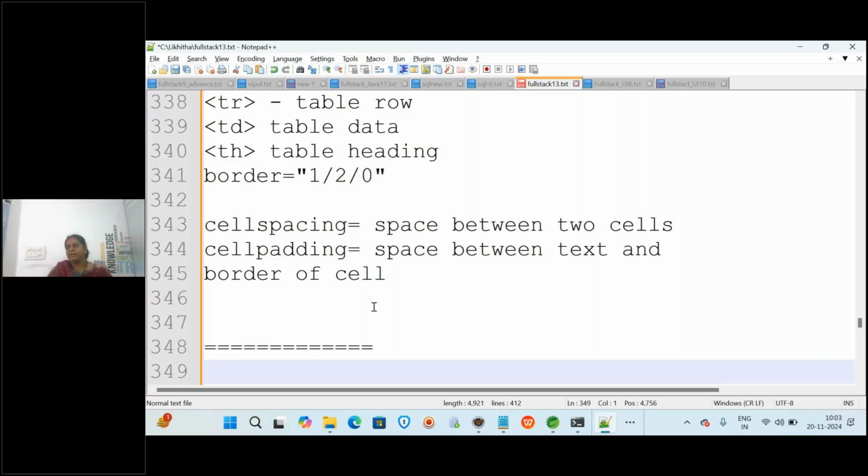Suppose a person's mobile number: he can have two mobile numbers, no? So the mobile number column has to be divided again into sub columns. A single column or single row will be divided again into multiple rows. That is what is called spanning. That spanning we can do for both rows as well as columns.